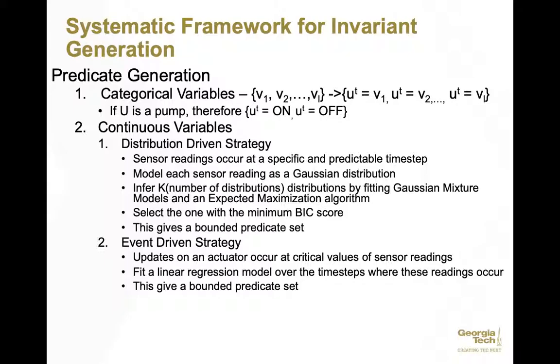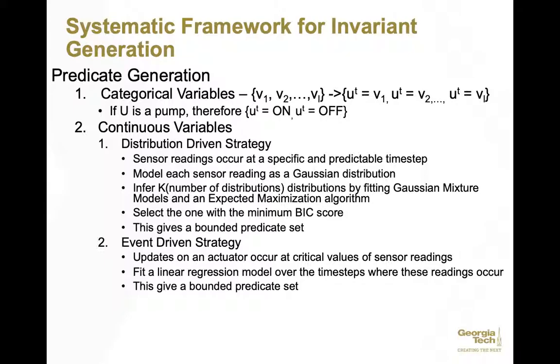That then gives it a bounded predicate set. A BIC score, really quick, is a Bayesian information criterion score. It's used in machine learning to denote how much information is being learned between each step. And then the event-driven strategy